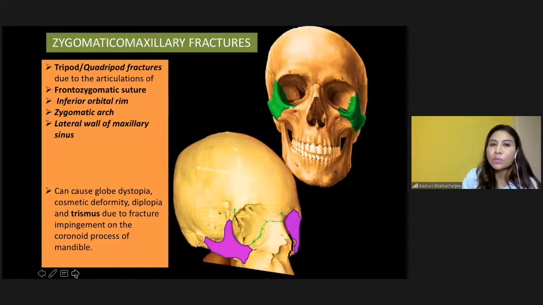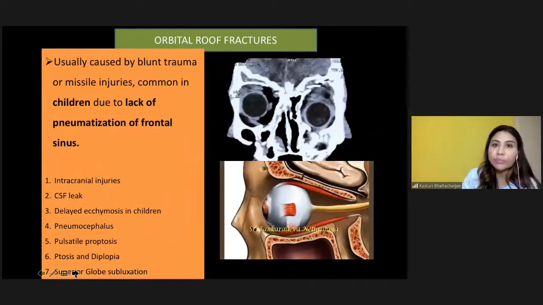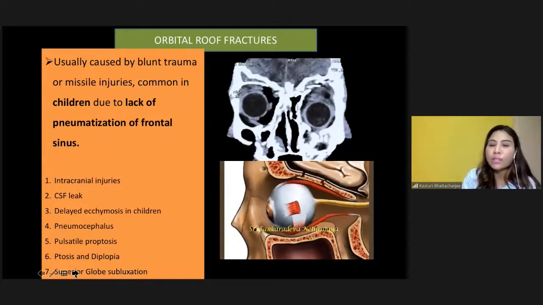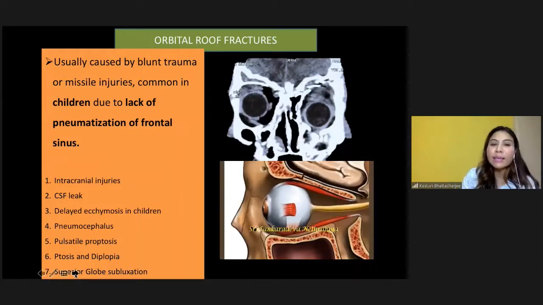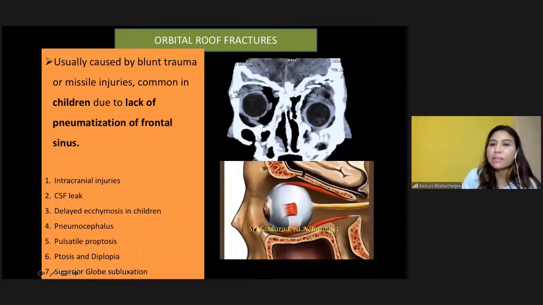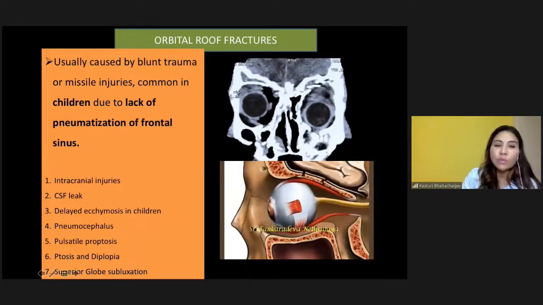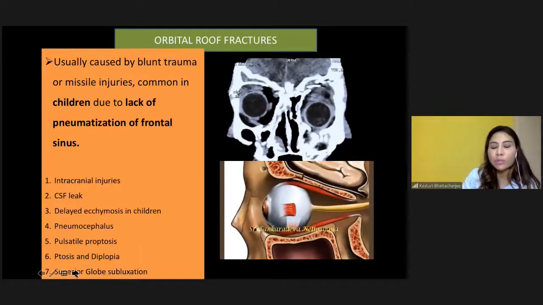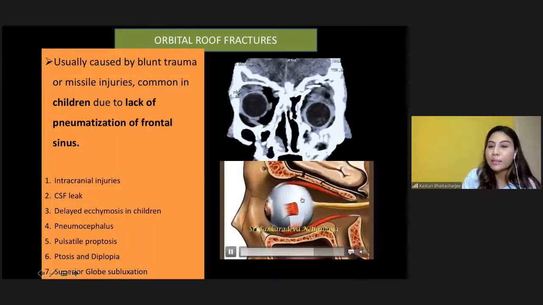What we are supposed to do first, as I have already mentioned, is that the vertical buttresses need to be taken care of before we go for the repair of the fracture. Orbital roof fractures usually occur in children due to the lack of pneumatization of the frontal sinus. They can present with serious complications like intracranial injuries, CSF leak, and ecchymosis. The ecchymosis is very common because the frontal sinus is very vascular. There can be pneumoencephalocele, proptosis, pulsatile proptosis, diplopia, and sometimes I have seen the globe totally subluxated into the